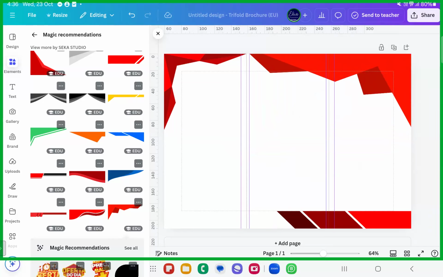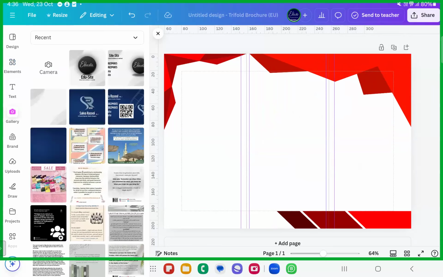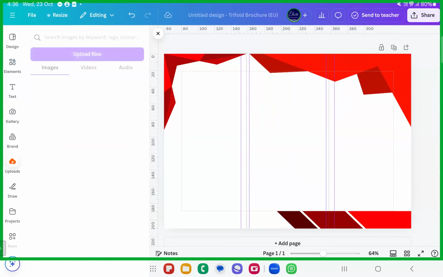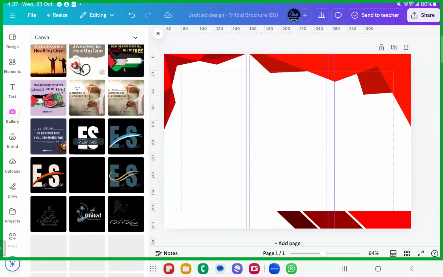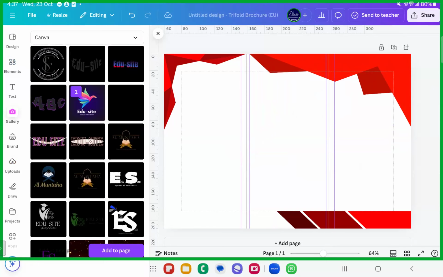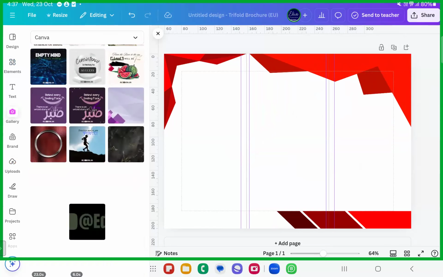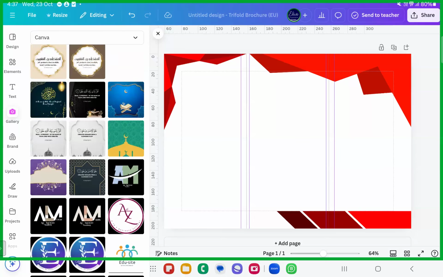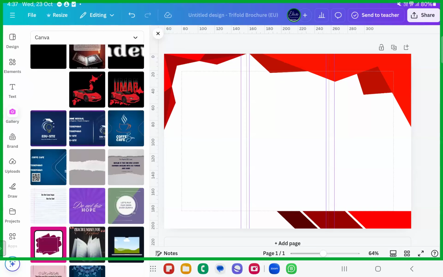Now, if you want to make this brochure for any company or your company, for example, for EDU-SITE, I'm going to make it. Okay, it's all red now. I want to make it in some different colors. So I'll just go and see if we have some beautiful colored logos in the gallery. Okay, something beautiful. I'll just take those. Okay, some red colored, because we have taken the red colored ones, right? So we'll match it up.